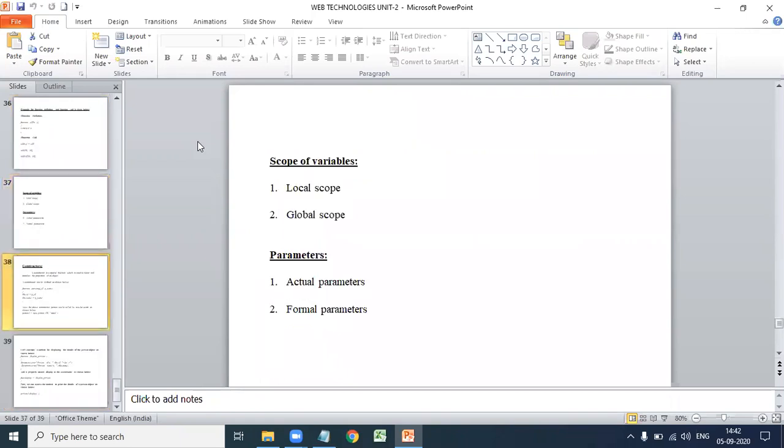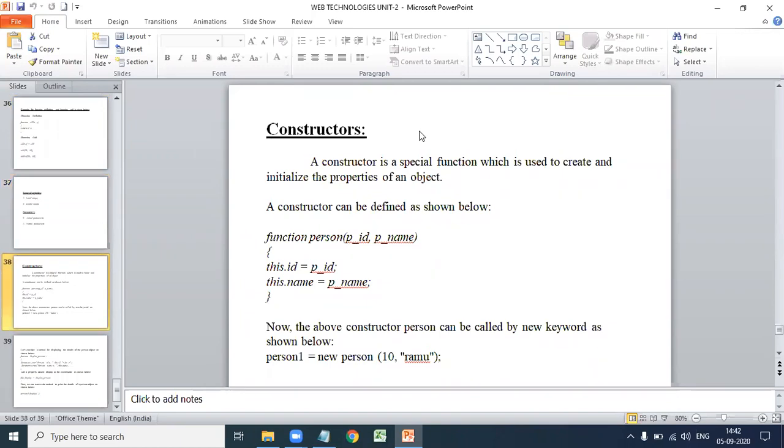Next class we discuss constructors and the document object model.